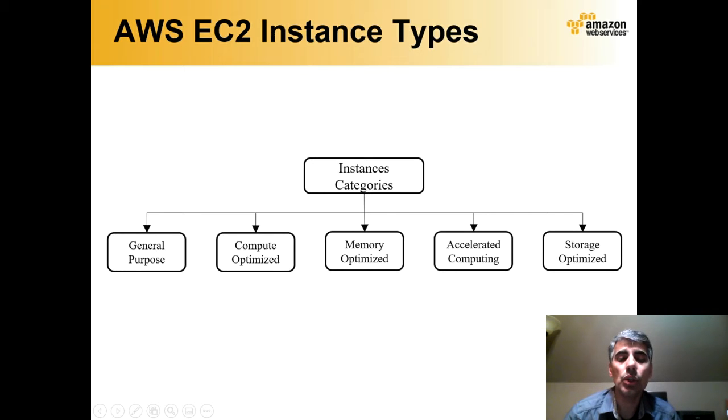For example, within general purpose, there are instance types that are just for testing. Those are called micro or tiny VMs. There are other types for, let's say, machine learning, or that fit better to machine learning applications. And there are ARM-based architectures and several different architectures, even within general purpose.